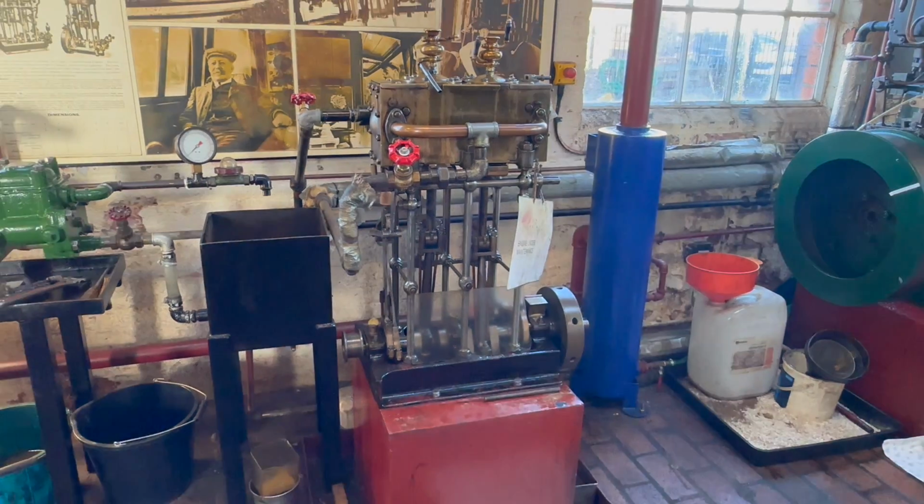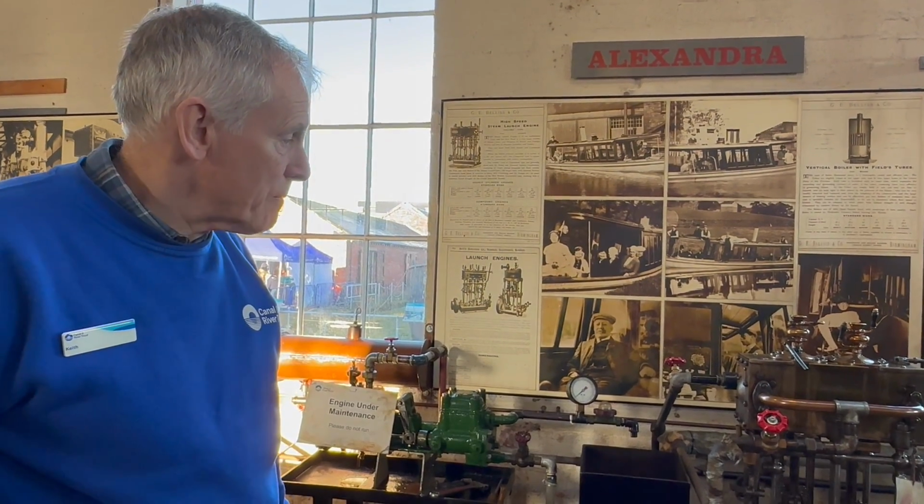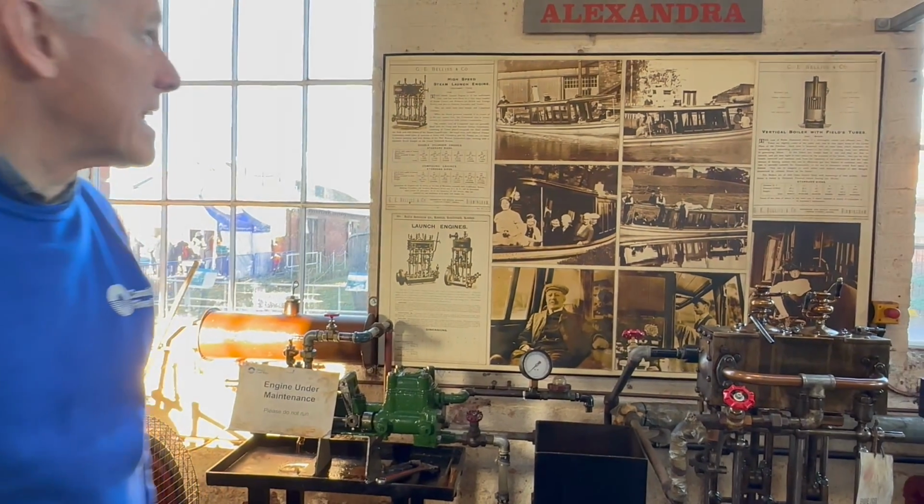Two of our volunteers who work on a Sunday are doing some repair work on it at the moment. So it's not available. We do run it when we can, and this is from about 1880. Oh, wow. And this powered a boat called the Alexandra,